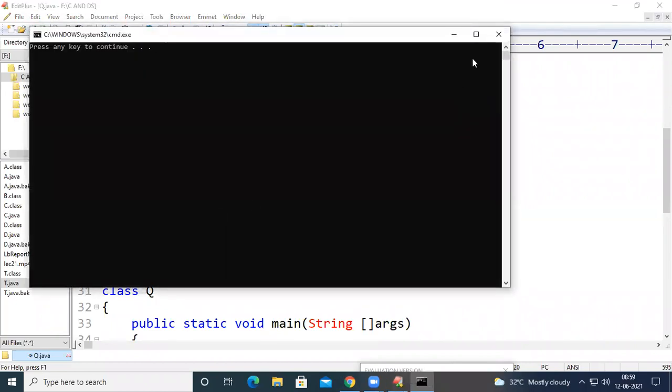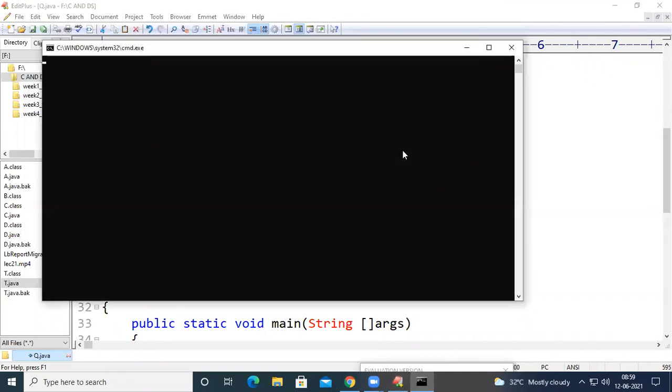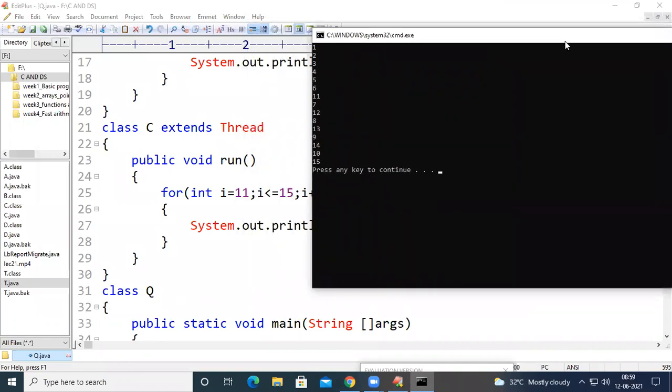So I compile the code, there are no errors, and if I run the code, you can see here, we got the output as 1, 2, 3, 4, 5, which is the output of thread 1. And it has printed 6, 11. 6 is the output of thread 2 and 11 is the output of thread 3, 7, 12, 8, 13, 9, 14, 10, 15.